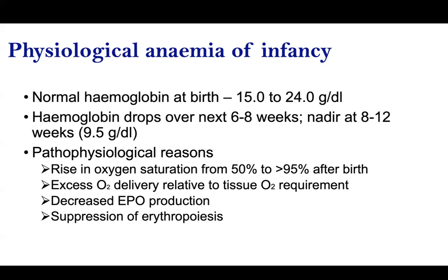So the fetus is in a hypoxic environment where the saturations have been about 50%, but soon after birth, with the first breath, the oxygen saturation drastically rises to 95%. So the need for hemoglobin or red blood cells drastically decreases. There will be excess oxygen delivery to the tissues, and there will be plenty of oxygen. This invariably decreases erythropoietin production and suppresses erythropoiesis. So all these factors help cause this physiological anemia, but at